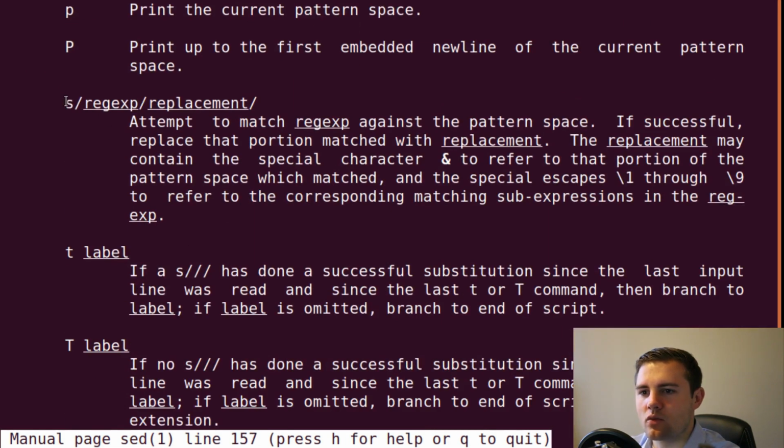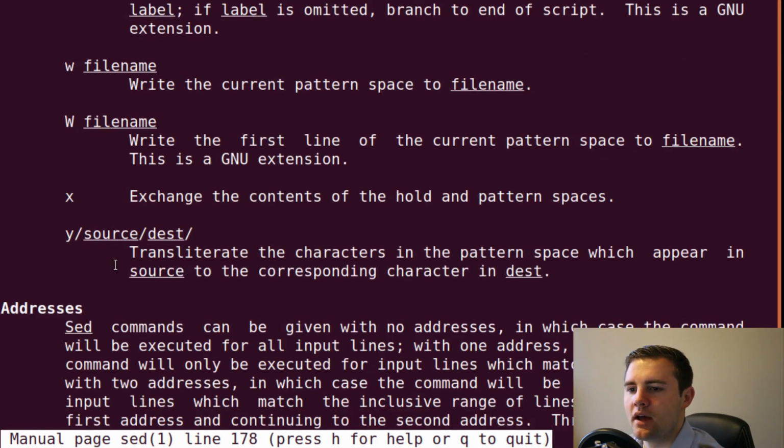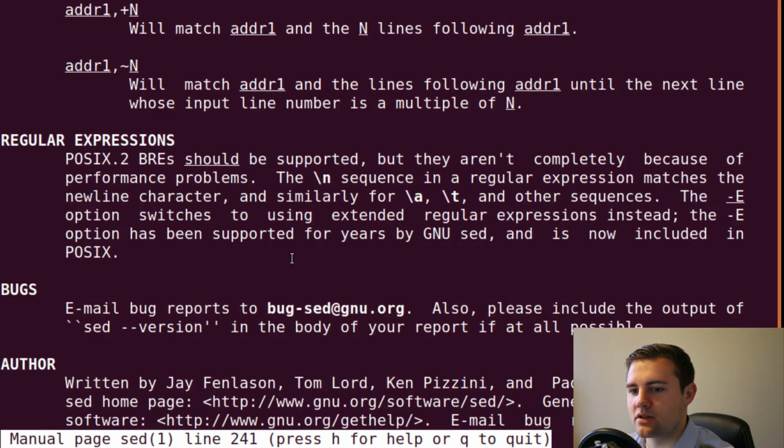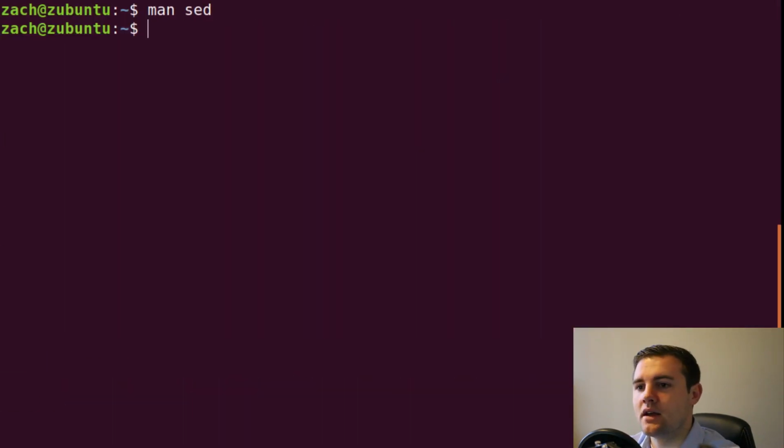right here. This is what we just looked at, this particular one. But you could also do other things like transliterate the characters in the pattern space, whatever that means, not sure. But you can see there's a lot of different things that we can do with sed in terms of text